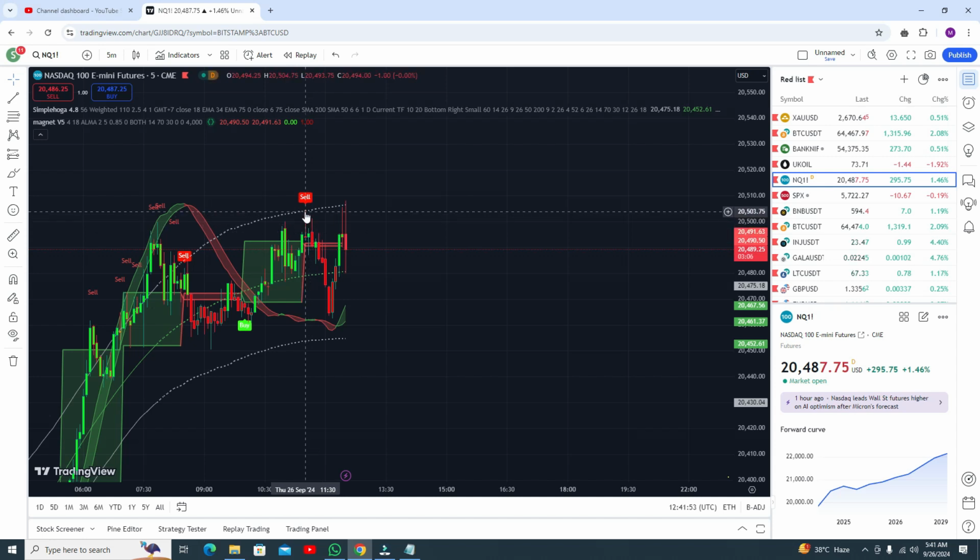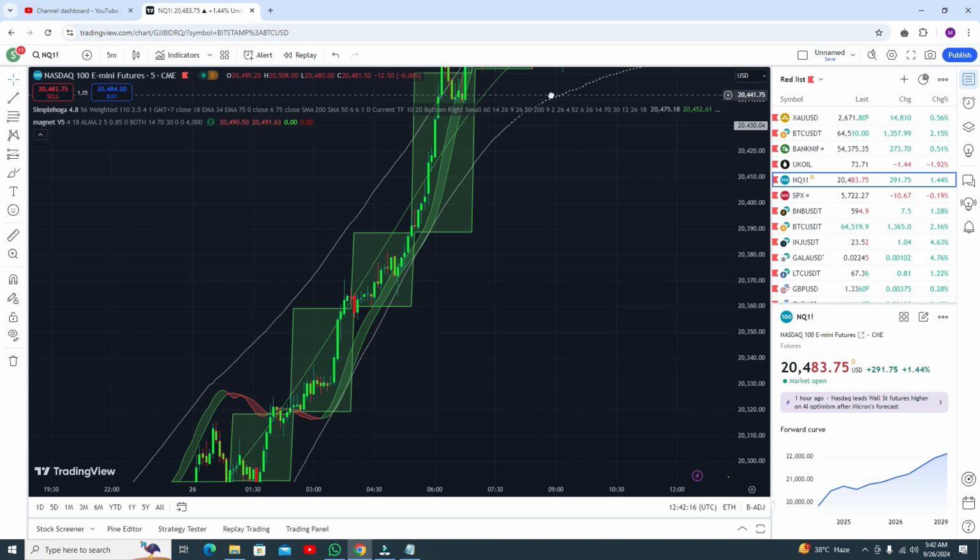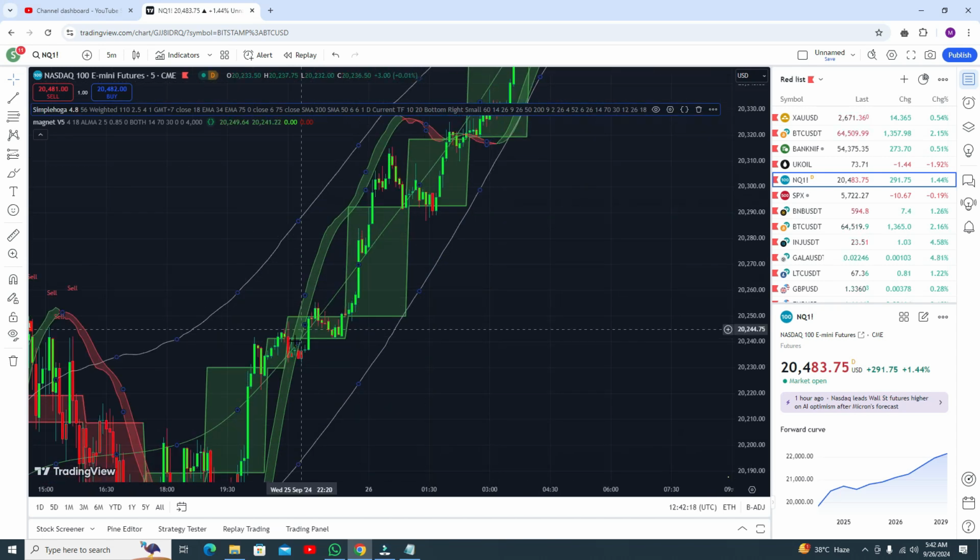Here you can see you can go for the sell trade, but you did not get the other sell signal. You can wait for the other sell signal, or you can go for the sell trade. It's up to you, but I will recommend, if you got both sell signals like this one and this one, and the shadow is red, then you need to go for the sell trade, and definitely it will give you the profit. Let me show results in some previous result.